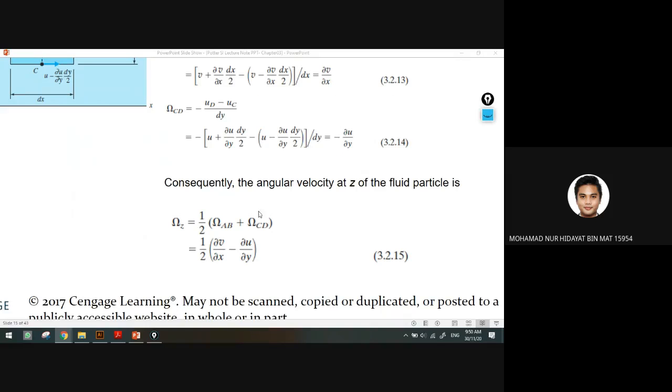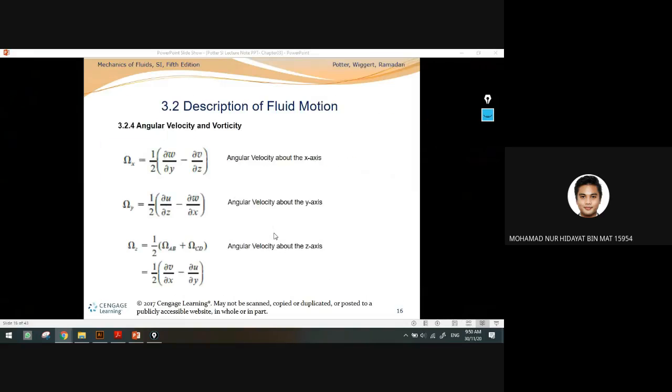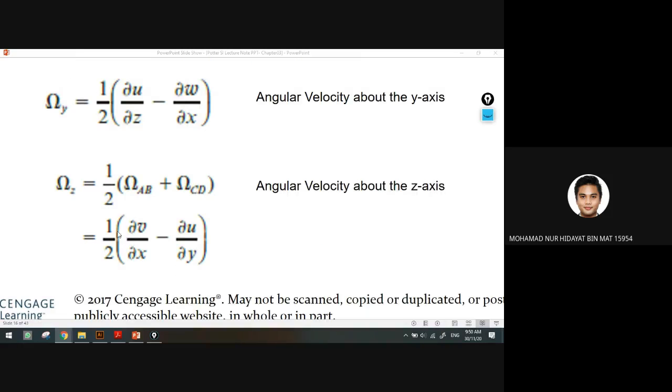So what you need to do is remember the definition and directly translate it to the formula. When we talk about the angular velocity, it is the average of two perpendicular lines. What is the average? Half of the perpendicular lines, AB plus CD. So to simplify the equation, we have calculated for every one of you the z component. Remember, this is the angular velocity in the z component, the average: the partial derivative of v over x minus u over y,